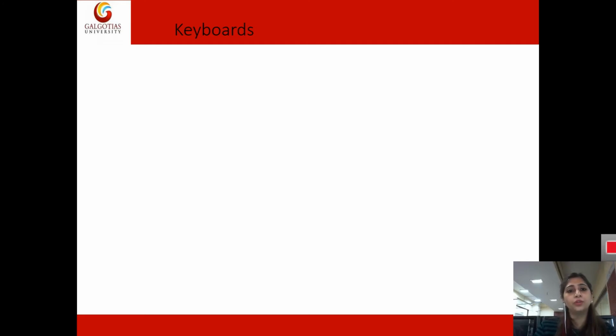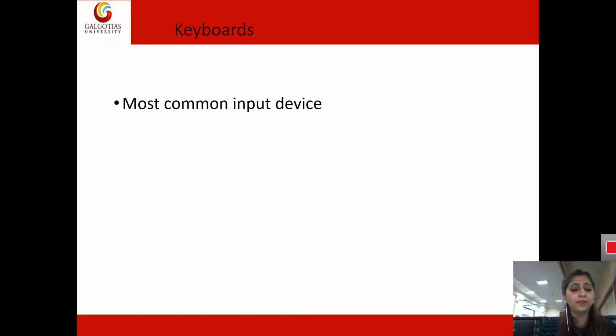Now moving on to the keyboards. Keyboard is basically the most common input device, and it has many types of keys. It is used to give instructions to the system. We have certain keys with special characters. We have A to Z in a QWERTY system, and then we have enter, shift, alt, control.